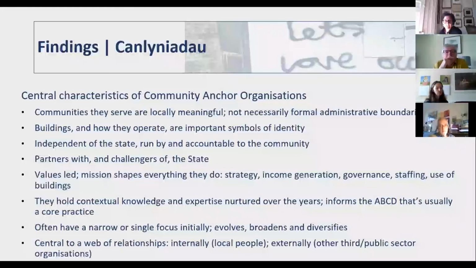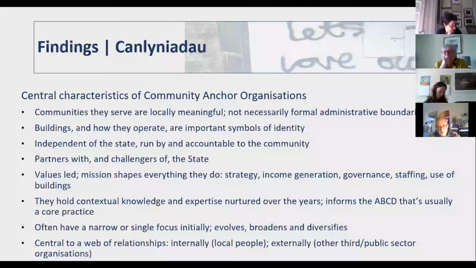You have then this interesting kind of dichotomy. Again, we talk in community development about working both for and against the state. Often they're partners with agents and levers of the state and tiers of the state, but they also try as much as possible, though it's easier said than done, to challenge the state and to hold the state accountable on behalf of the communities that they are working with. And that's not necessarily a comfortable position to be in.